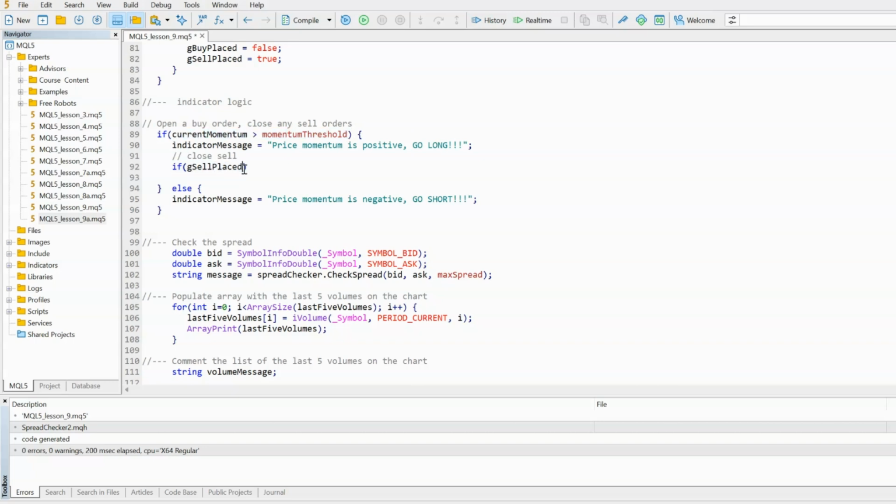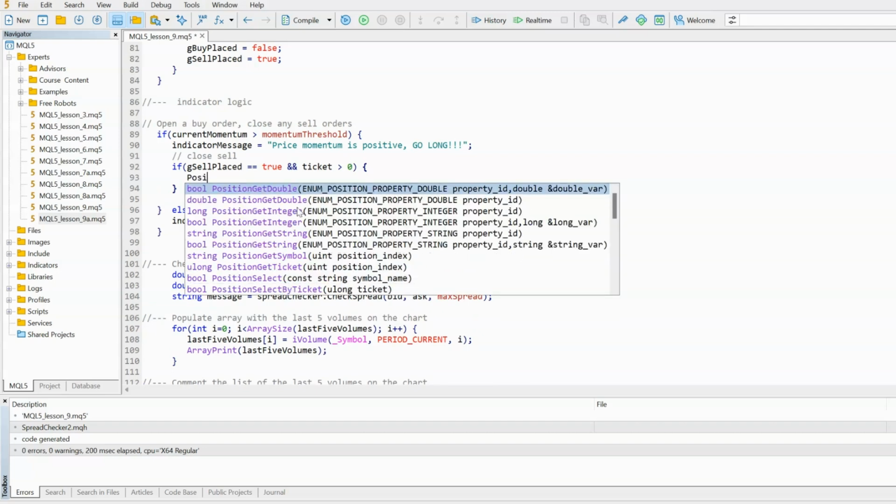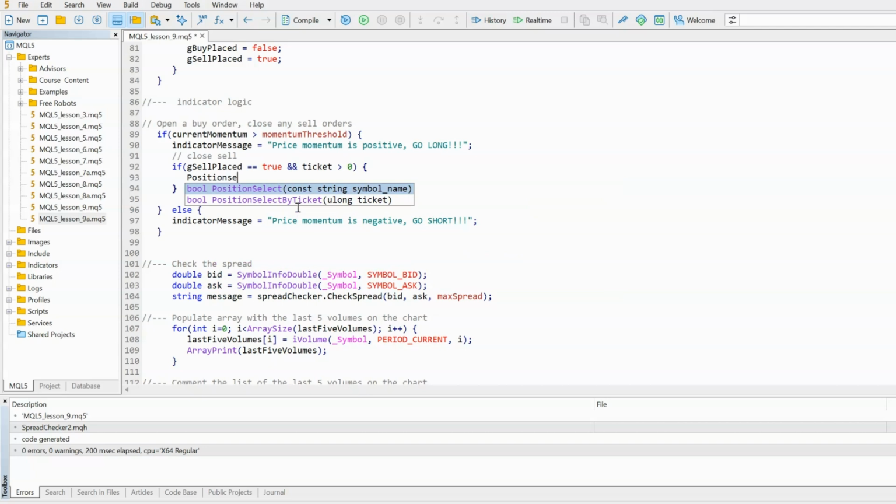And if we have a G sell placed, so we've got a sell open is equal to true, and our ticket is greater than 0, so we have a ticket number, we can then close the order. So we're going to position select by ticket, and we're going to select the ticket. We're going to use that ticket number to select that position,